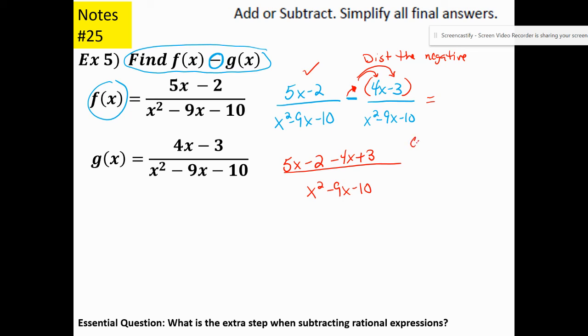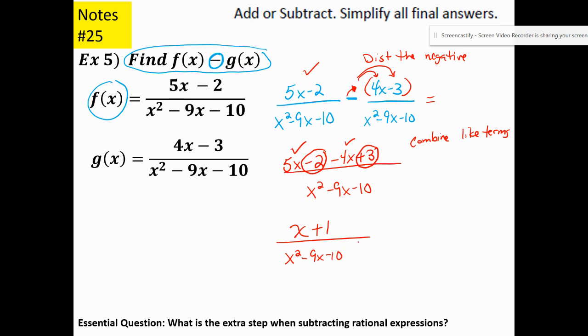Now you're going to combine like terms. So that would be 5x minus 4x is x. And negative 2 and 3, you can think of it as 3 minus 2, so it's 1 over x squared